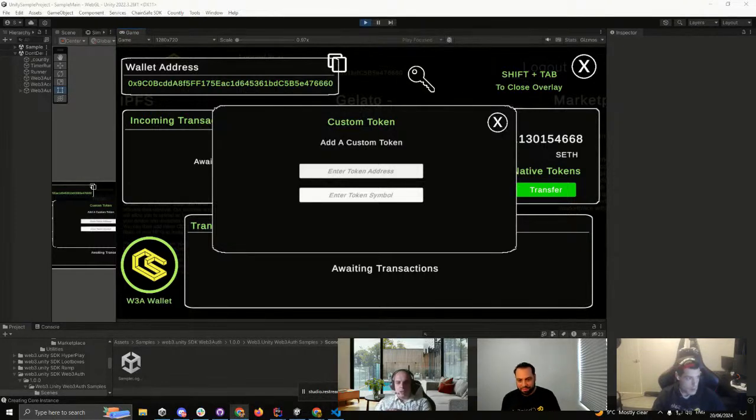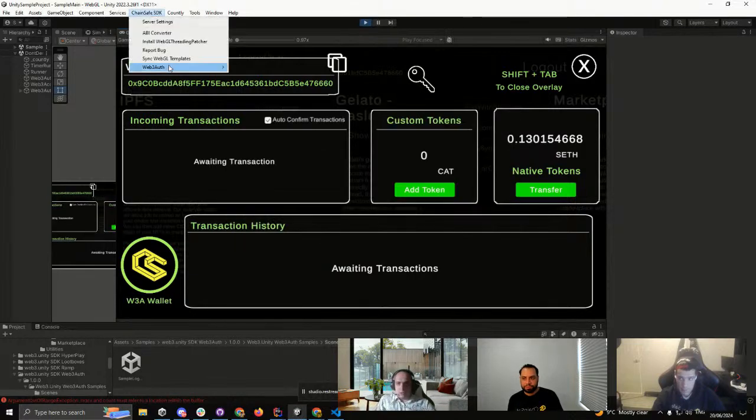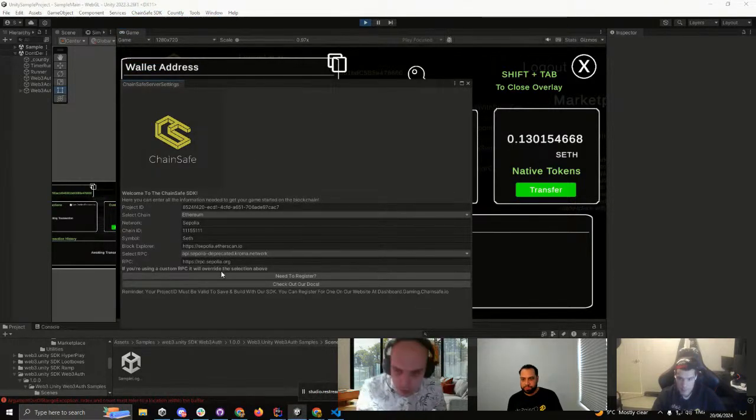Let me just address why we are actually doing this. Mostly because the Web3 Auth wallet is custodial, so you don't have any ownership of it, because it's under Web3 Auth's custody, obviously. And basically, signing is not possible, but it's been done silently through our SDK. With this, you are getting full transparency and full control of your wallet through our SDK. So I think that's pretty awesome. If you don't want to, you can always opt out and not ever use that, which I think is good because giving people options is always nice.